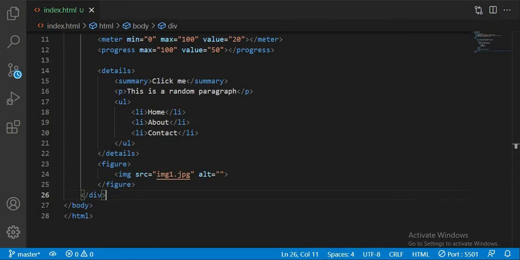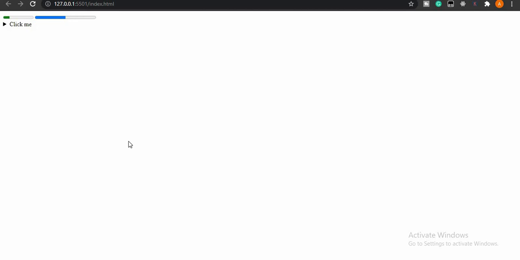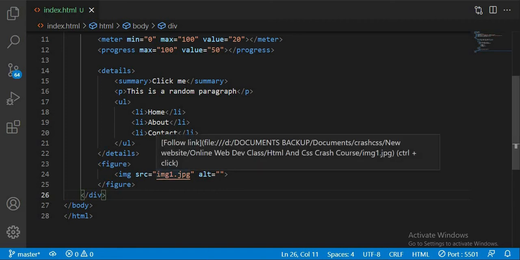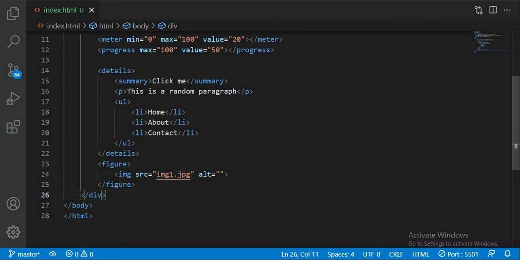When you go back to your browser and you refresh, you can see the image is no longer there. So why is this happening? Well, as you can see over here, we told our code to grab this image, img1, from just our folder. Now that the image has been moved to an images folder,